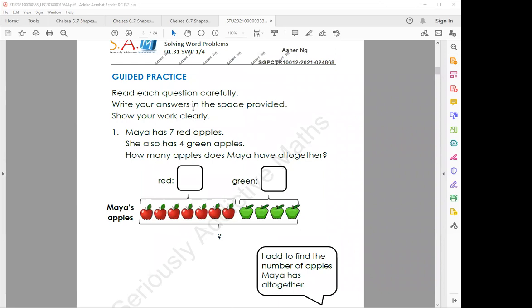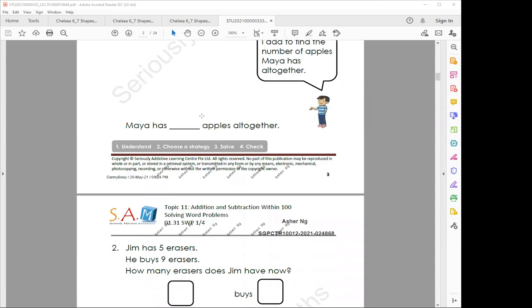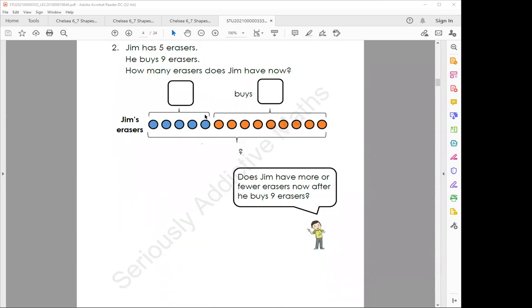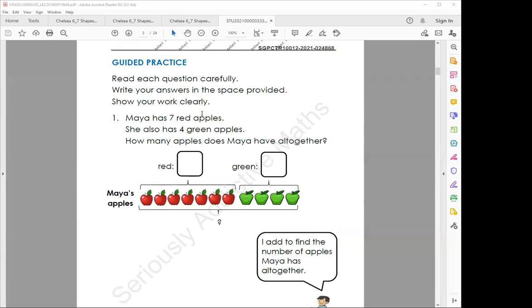You'll notice that the first few questions, the guided practice, are all scaffolded, which is fine. Get them to do all these scaffolded questions first. When I say scaffolded, it means they don't really have to draw it. But do explain to them why this is drawn that way. Okay, so if you could look at this one here,